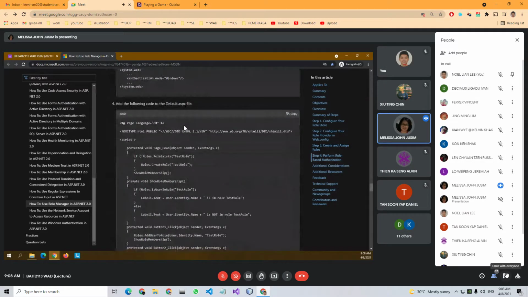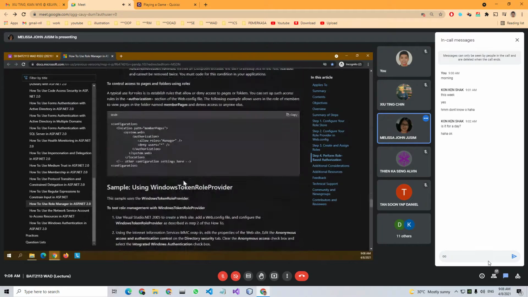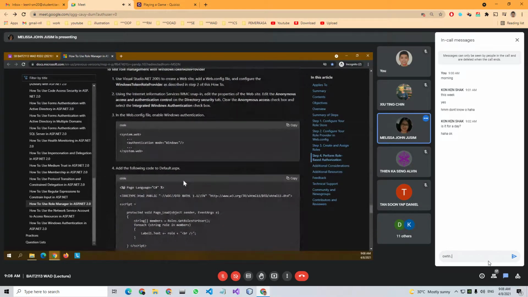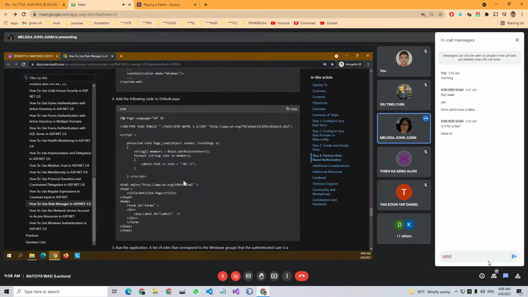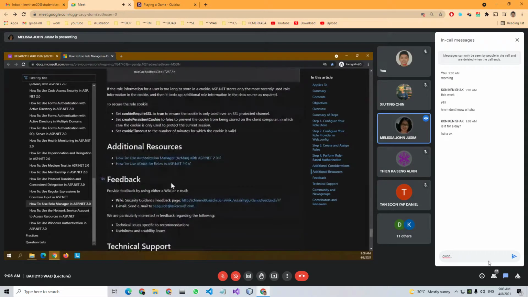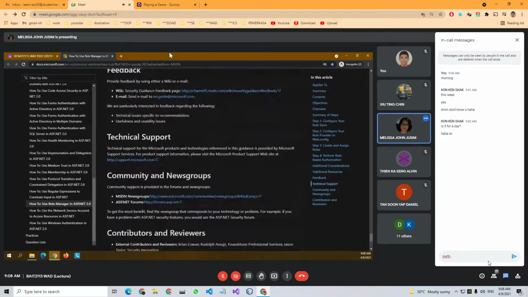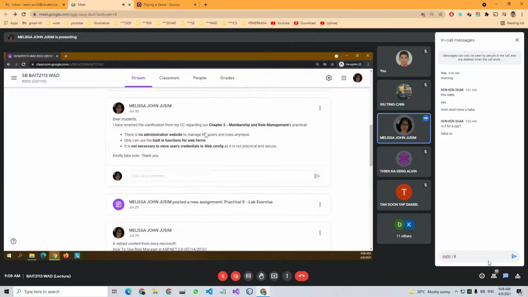All these are the C sharp. Where's the C sharp? Page load. Yeah, this is the script. Get roles for users, and so on. Just to let you all know that it is no longer there.